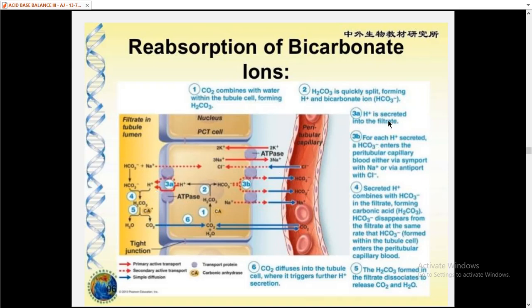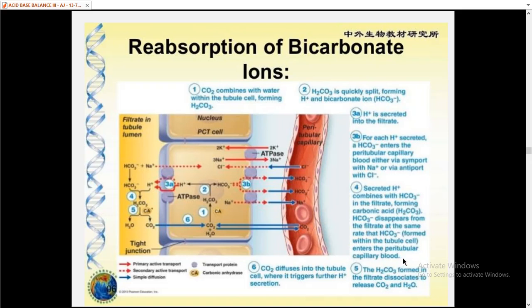Once it is secreted into the filtrate, it again combines with bicarbonate ion and forms carbonic acid and enters the peritubular capillary blood either via symport with sodium or via antiport with chloride. Then the secreted hydrogen ion combines with bicarbonate ion in the filtrate, forming carbonic acid. The bicarbonate disappears from the filtrate at the same rate that bicarbonate is formed within the tubular cell and enters the